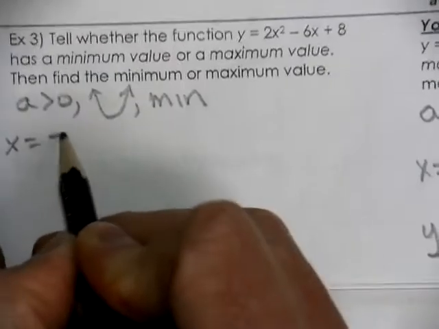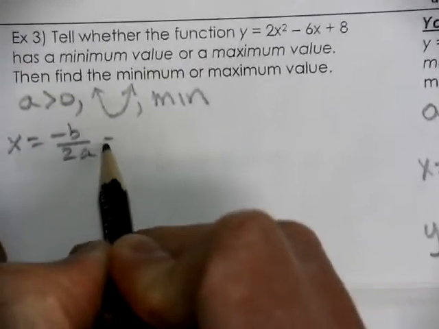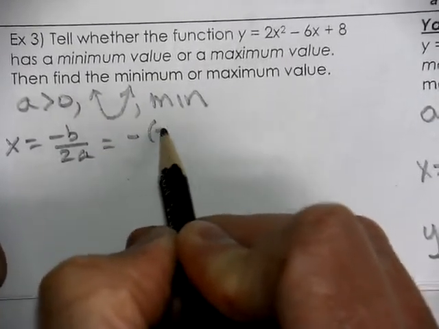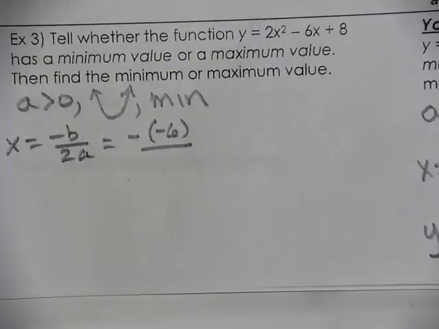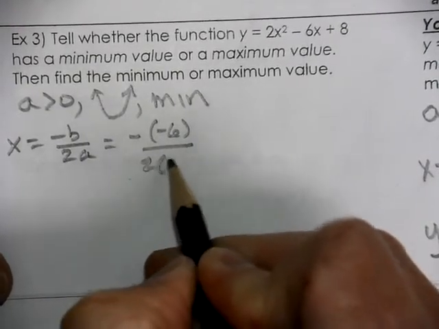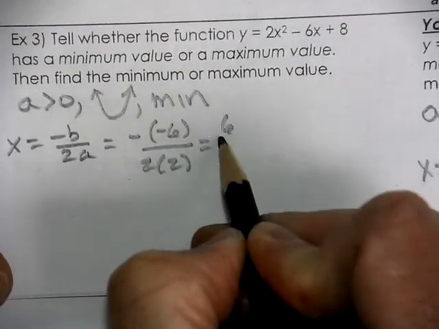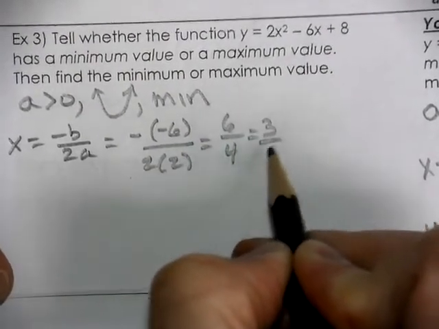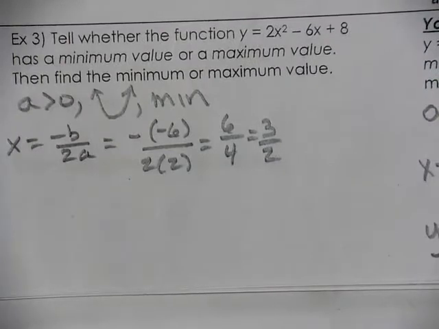We use our line of symmetry, negative b over 2a. Negative 6, because the b value is negative, so it's negative of a negative, which is going to turn positive, over 2a. So this becomes 6 over 4, which is 3/2. I just wrote 1.5. Is that okay? 1.5 can work. When I start squaring 1.5 and timesing it to values, sometimes a fraction's a little bit easier